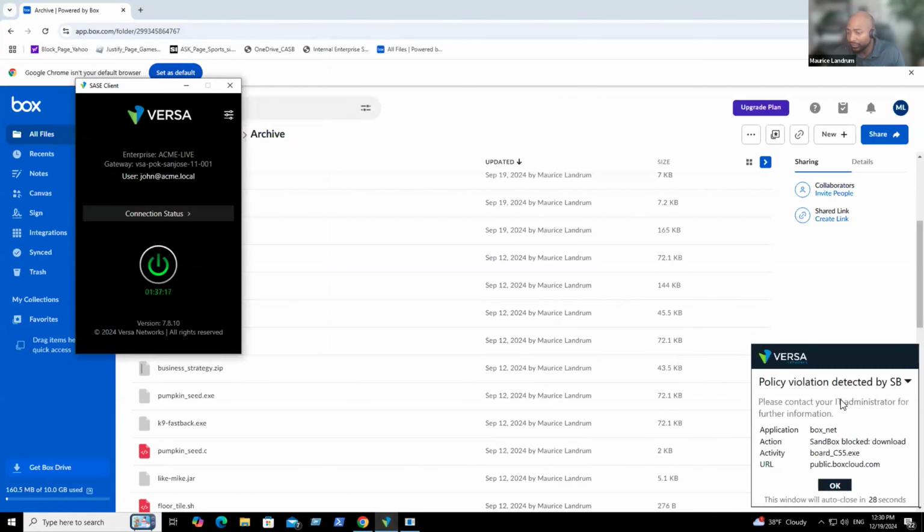So as you can see, there was a violation. This file was actually blocked. Now, again, remember, we have for this particular rule blocked the first time. Now, was it a cache file? Was it a malicious file immediately? We need to check in the logs.